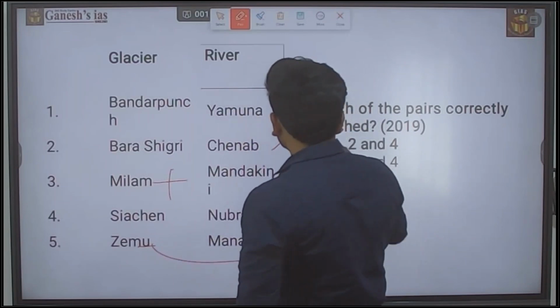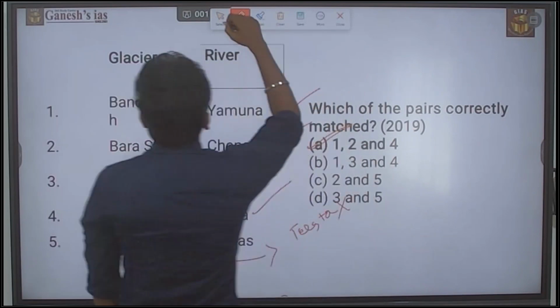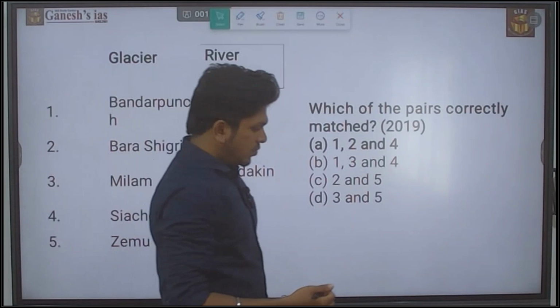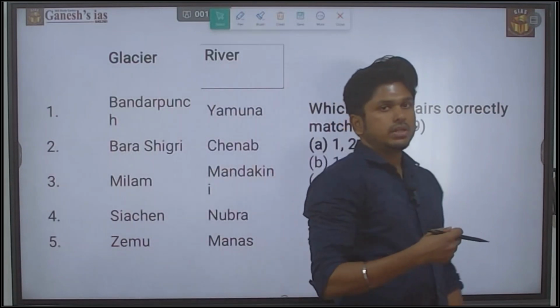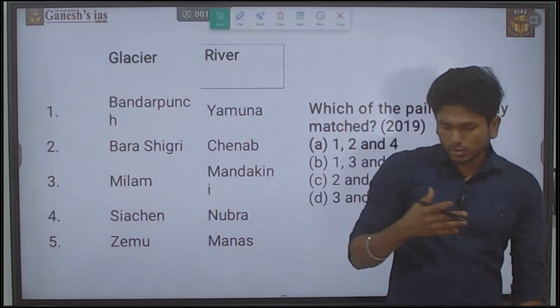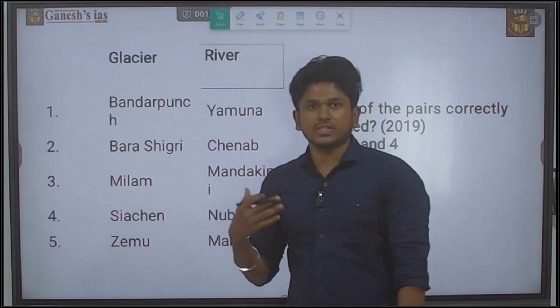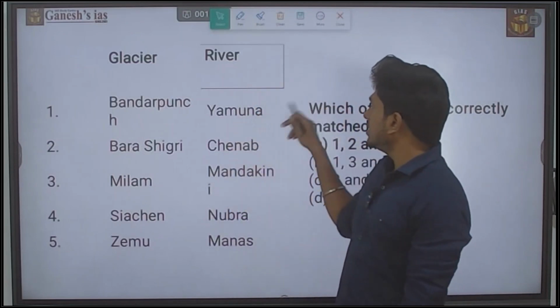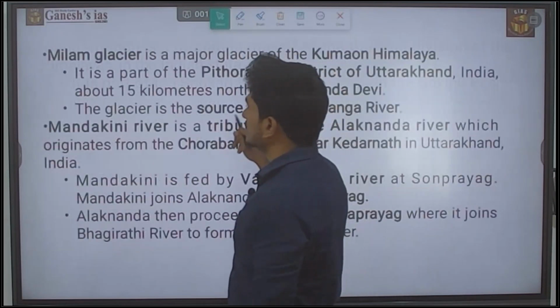Okay, so that is wrong. So the answer is A. So in this pattern, what they can ask for 2025 prelims. So it is actually the physical feature question, the physical feature of India. So based on that, what they can ask for 2025 prelims is,